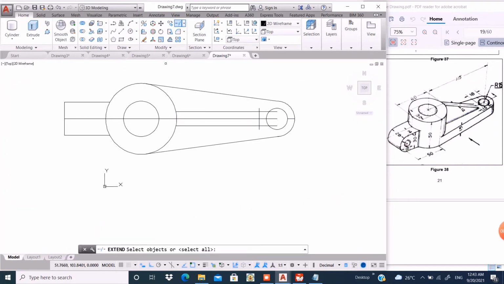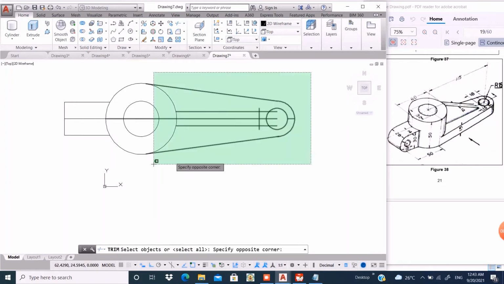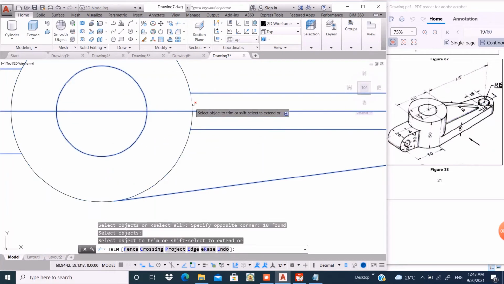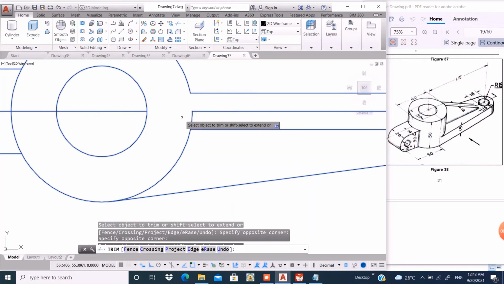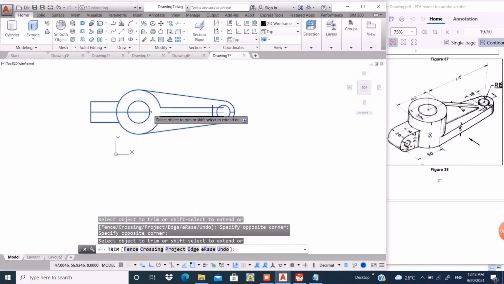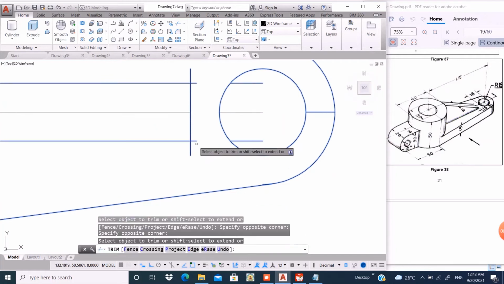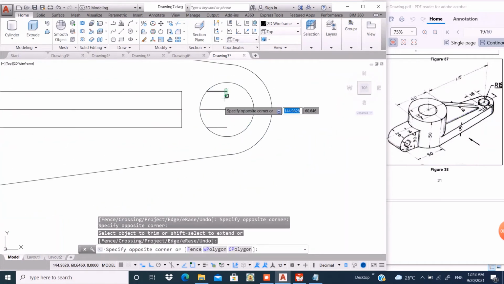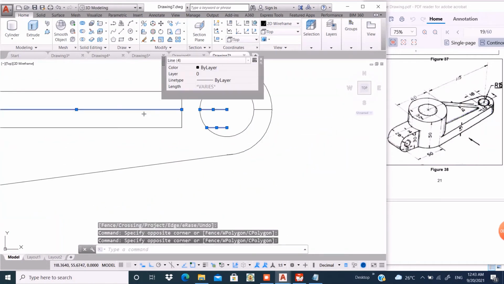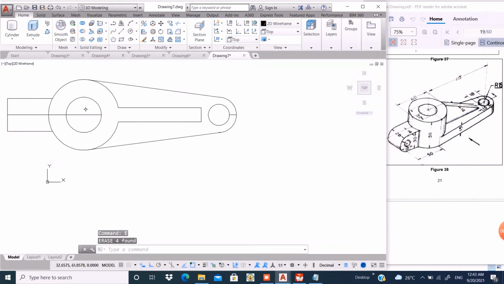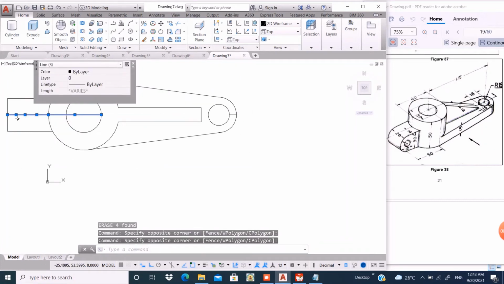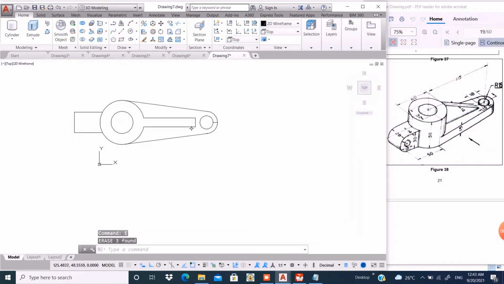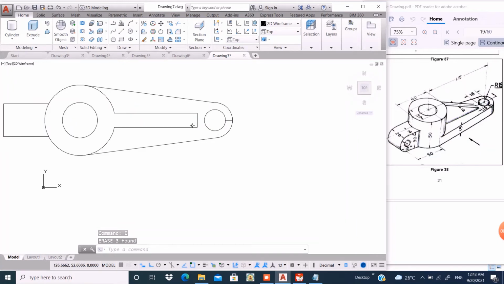Now again go to trim command and select all the objects and trim. Select this line and just erase it. Here it is, top view is ready.